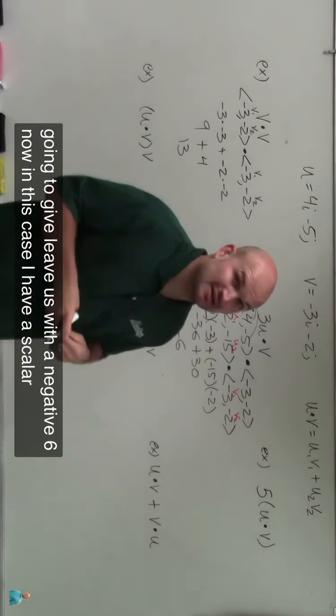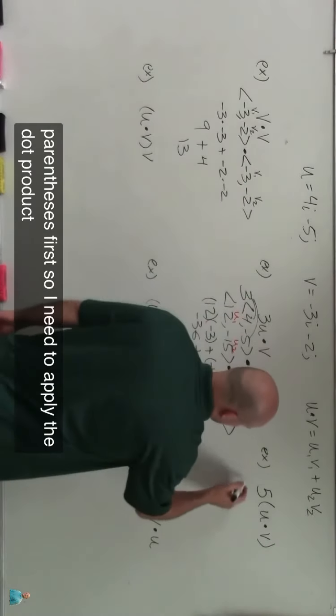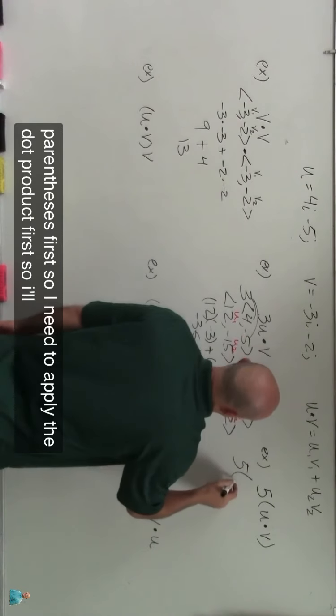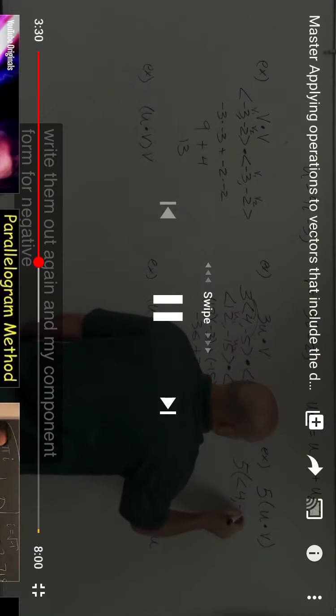Now, in this case, I have a scalar, but I have the dot product inside of those parentheses first. So I need to apply the dot product first. So I'll write them out again in component form: 4, negative 5,